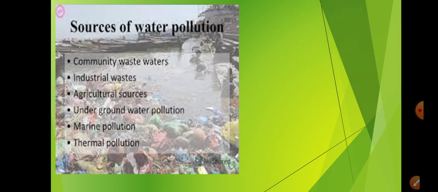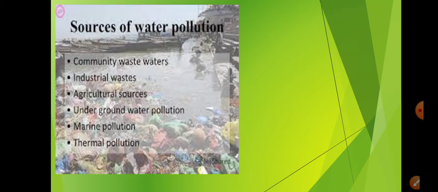So we see that a number of things we are doing on an everyday basis with the help of water. Now if you are taking a bath, you're taking the bath with the help of water and soap, or in some cases people like to use shower gel and all those things, which are filled with chemicals to a certain extent, right? What happens is that you are using the soap along with water, and the water after use is getting drained into the drainage system, which further moves and goes to the other water bodies.